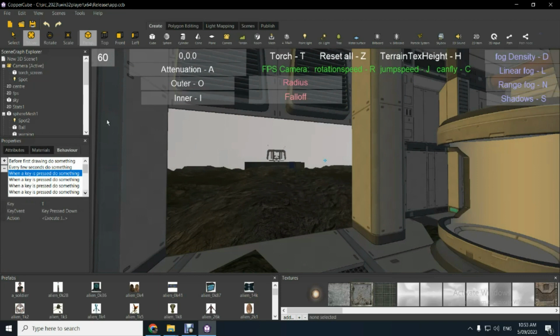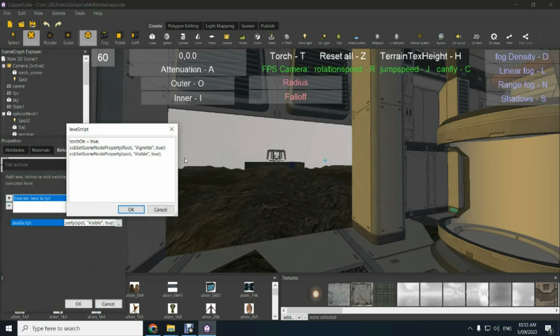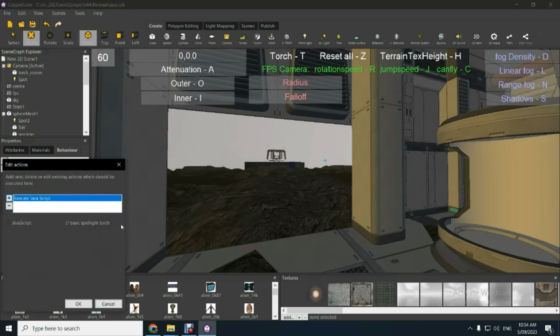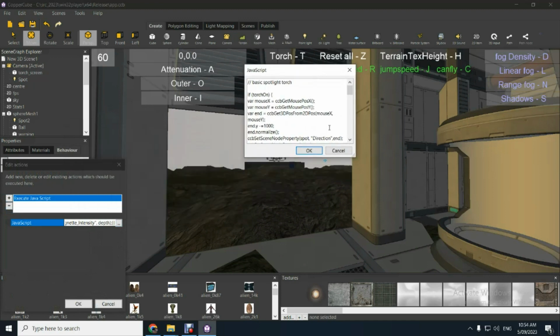So you've got T for torch. So all that's doing. Okay, so every few seconds, this is the torch. I'm just running it every frame. I've just put 10. You could probably put 16. It's the same thing, every 60 frames per second or something. But anyway,